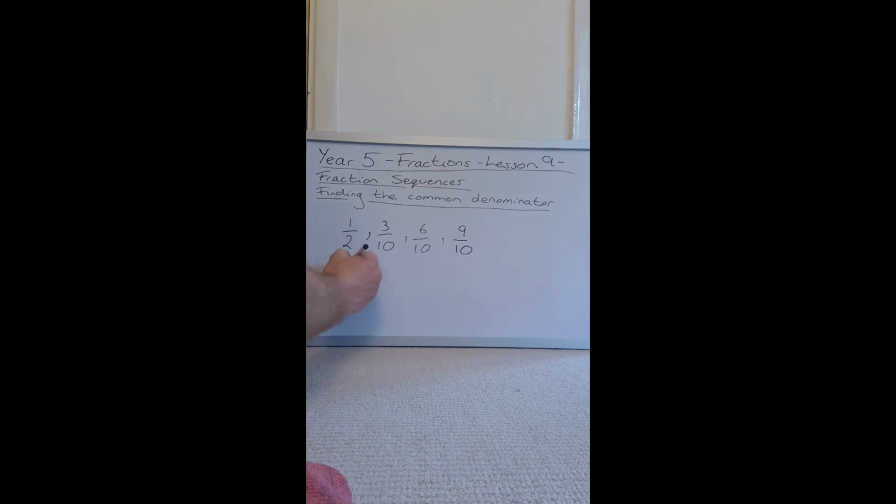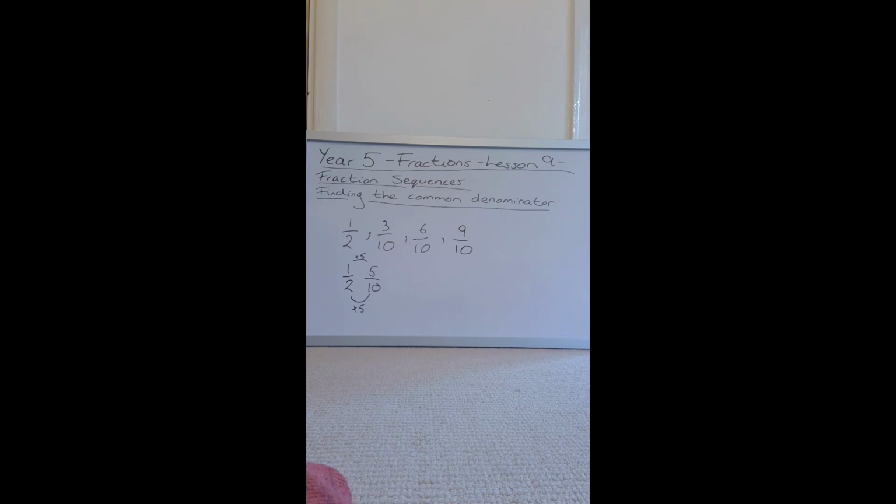So if I write out below 1/2, I'm now going to be multiplying it by 5, so that my 2 becomes 10 for my denominator, and I need to do the same with my numerator. 1 times 5 is 5/10. So I now know that 1/2 is equal to 5/10,